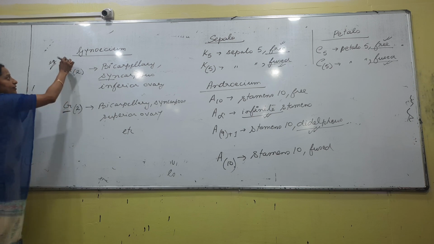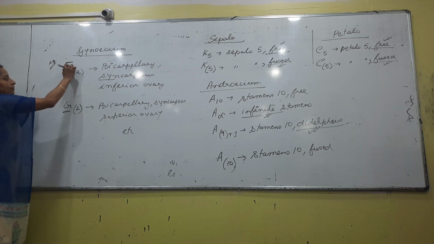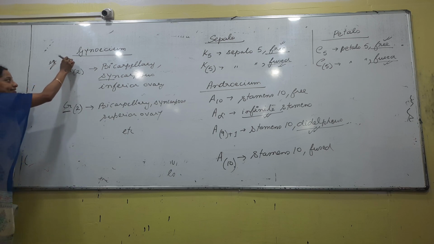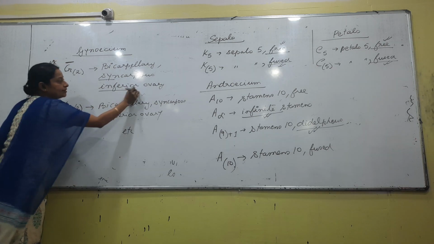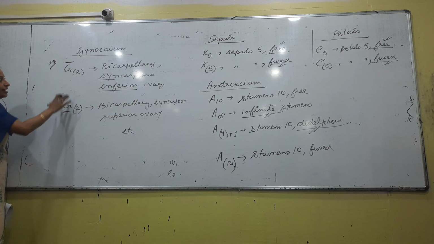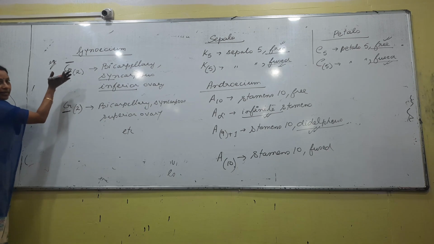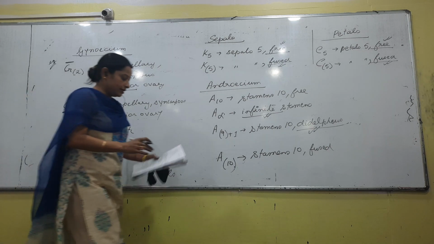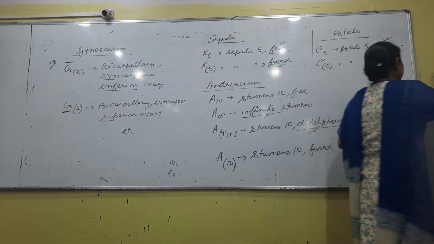Next, this is something that you need to pay attention to, right. Whenever we talk about the carpel, we write the position of the ovary, and we denote it with the help of a line. If the line is above G, we are talking about inferior condition. If the line is below the G, it makes the G superior, right. So, we are talking about the superior ovary. Please look into that line.